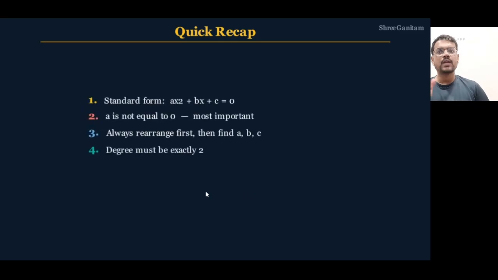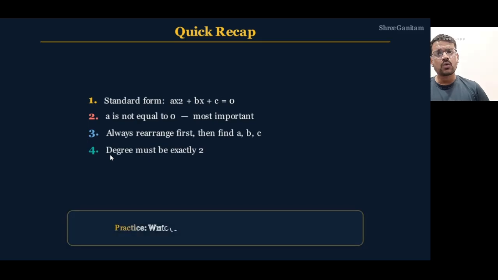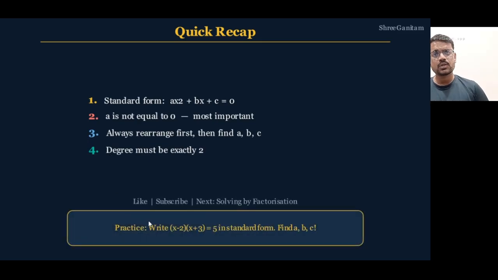Let us recap what we learned today. The first thing we learned, standard form, which is ax squared plus bx plus c equals 0. Second thing, a is not equal to 0 anytime. Third, most important, always rearrange first, then find the a, b and c. And fourth and last, the degree must be equal to 2. That's all for today. Practice this question. Write x minus 2x plus 3 is equal to 5 in the standard form and find out what a, b